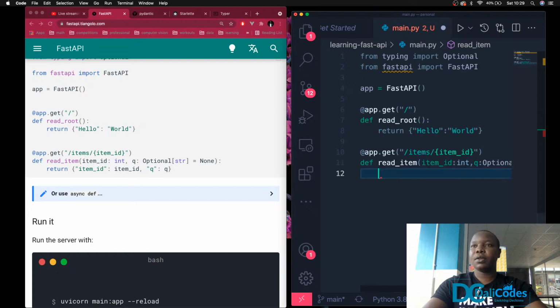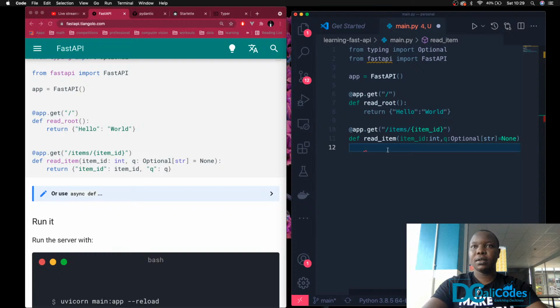So here we return. This thing does not fit on the screen. I'm going to reduce its size. Yeah, none. Then we return a dictionary where the key is item ID, and the value is item ID. Then another key is q,